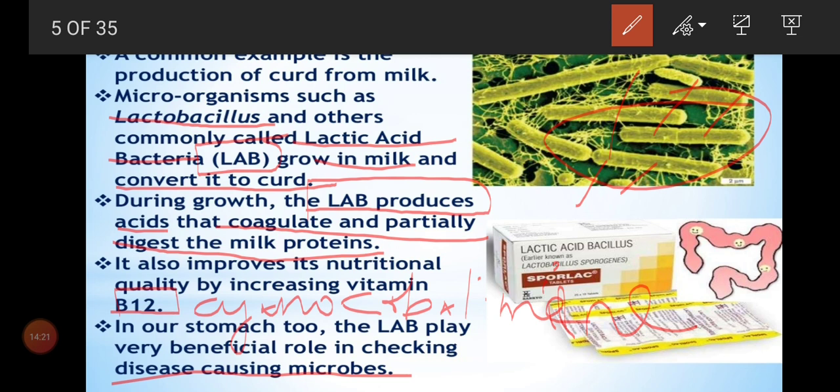Now this lactic acid bacillus bacteria is available in tablet form also, because for some people the lactose sugar which is present in the curd won't suit, or it will cause some allergy. So those kind of people never take milk or milk products. So automatically they need the same kind of lactic acid bacillus to kill the harmful bacteria in their body. For that, supplementally we can take it as a tablet. So this tablet will create the condition to kill the harmful microorganisms in your stomach.